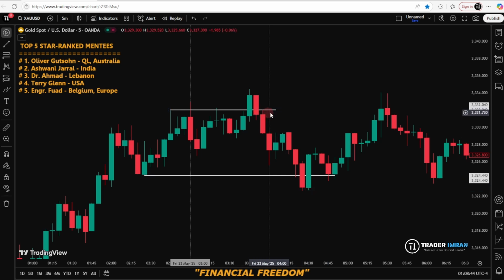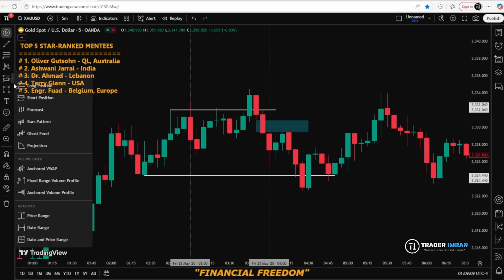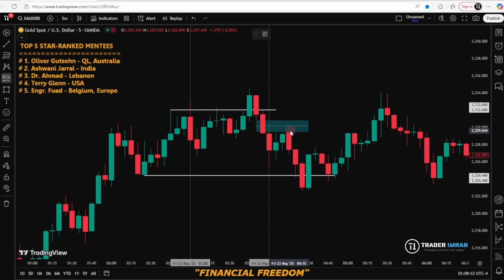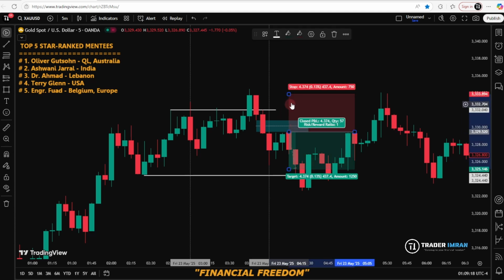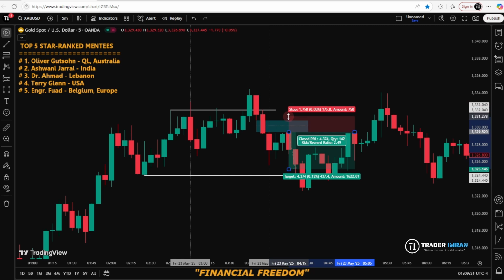Now here we look for the fair value gap, which is exactly here. If you can see with me and you are good enough at fair value gap, just have a look at this. When the price trades into this fair value gap like this one, we will initiate our scalp trade. We'll go toward the short side, right? Just have a look, and we'll place our stop above the FVG and target the sell side liquidity